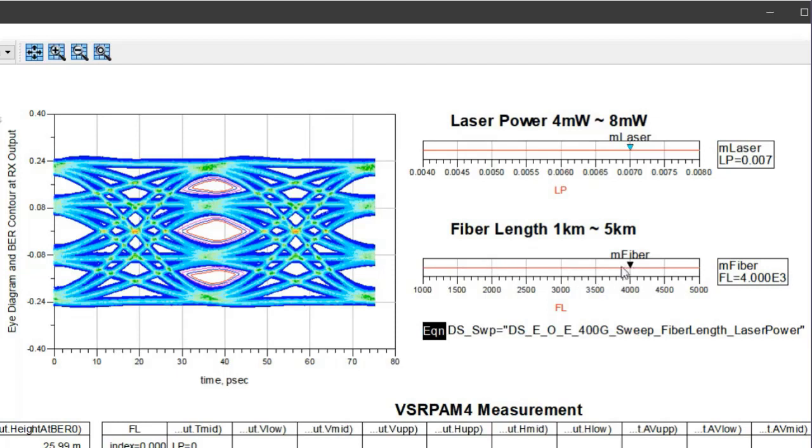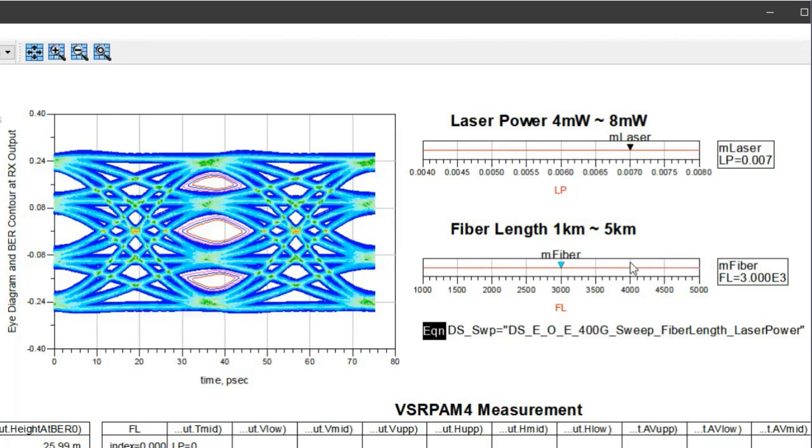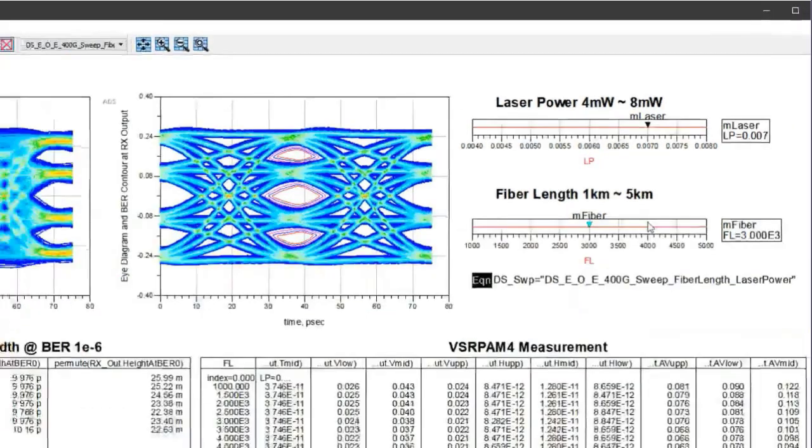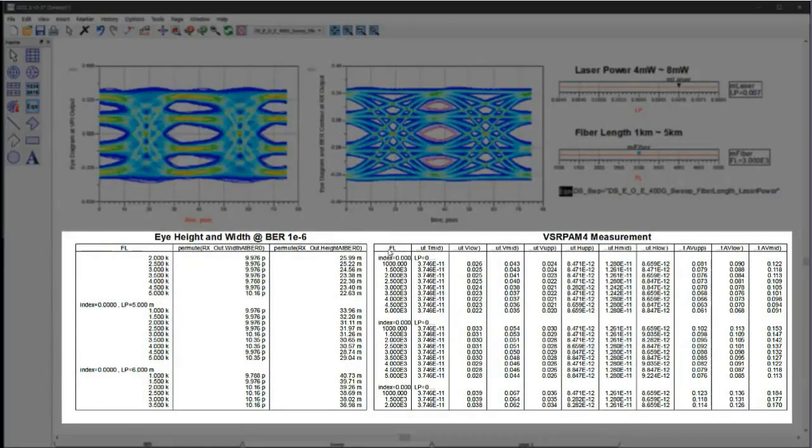You can examine the performance data by varying fiber length. For example, to move to a smaller number, you can just use the arrow button on your keyboard and move through it. Then you'll be able to see all the changes in a more interactive way with the ADS data display by doing this parametric analysis. Not only can you see this eye data, ADS offers the data for eye height and